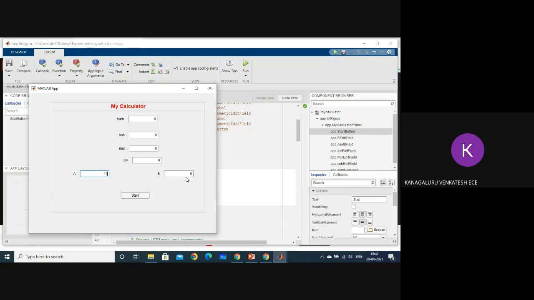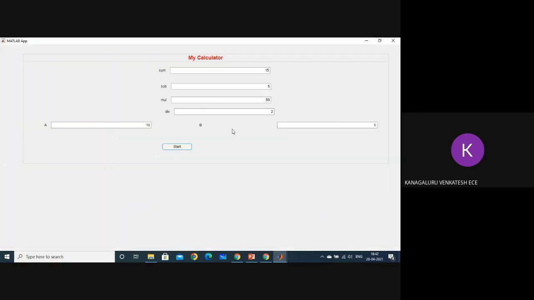And 5. Yeah, see here sum. Could you be able to see the readings? Sum is 10 plus 5, 15. 10 minus 5, 5. 10 into 5, 50. 10 divided by 2. Sorry, 10 divided by 5, 2. Clear? So this is how we can design our